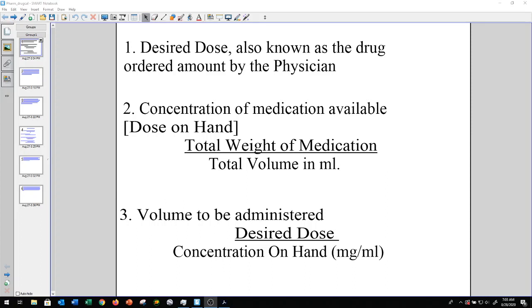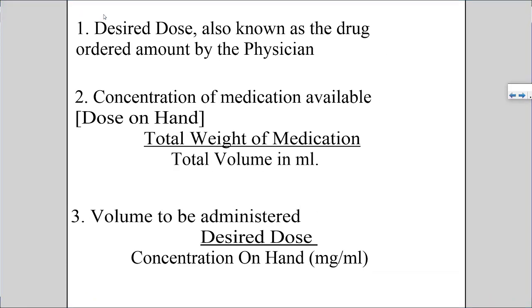The physician will tell you to administer 4 milligrams of morphine. So the desired dose is going to be just that, 4 milligrams